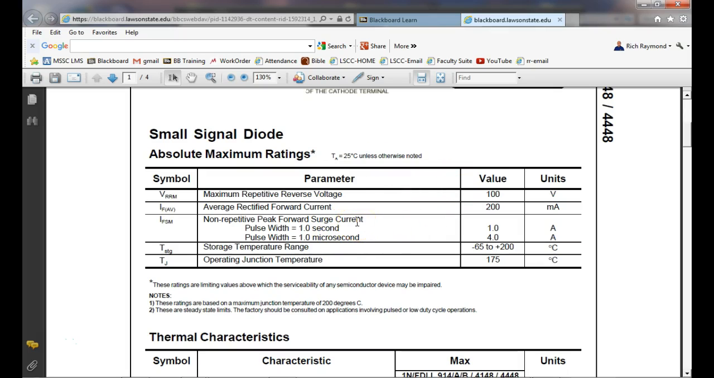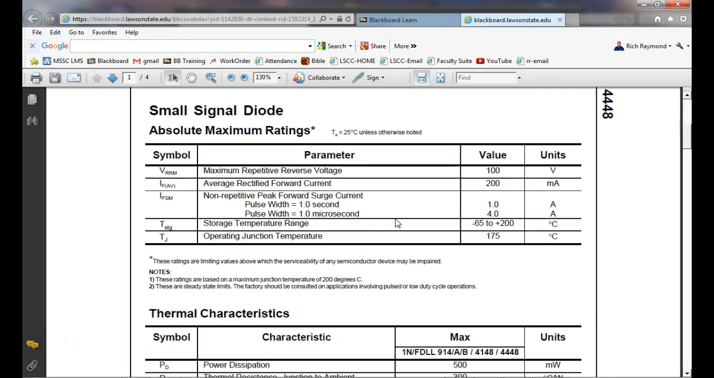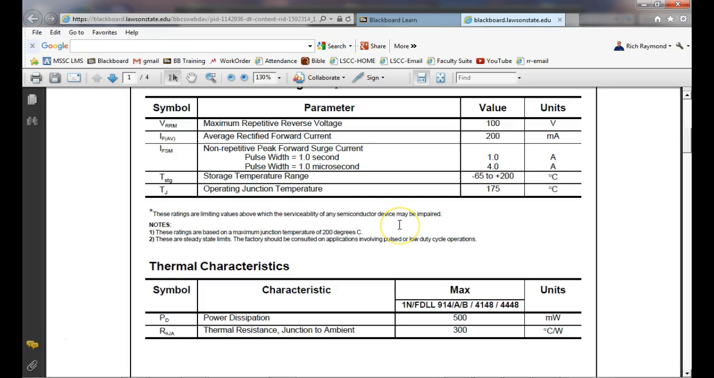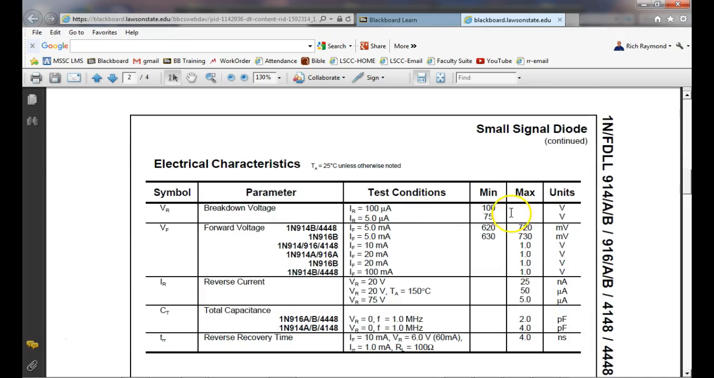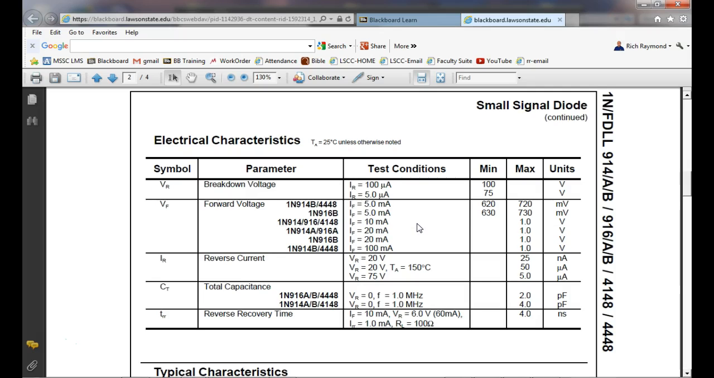So let's see. This is a signal diode, so it's got very low capacitance. So, here's our breakover voltage. What is it? It says 100 volts, so we might have to go above that. Oh, that's the maximum reverse breakover voltage. Down here, it says around what? Around 70, somewhere between 75 and 100 volts is where it's going to break over. The VF could be anywhere from 620 millivolts all the way up to here. So you could basically